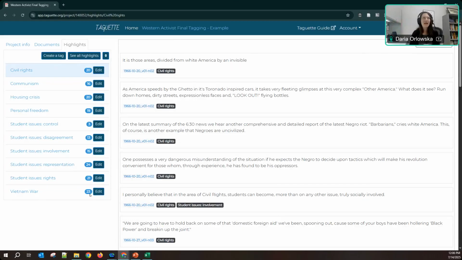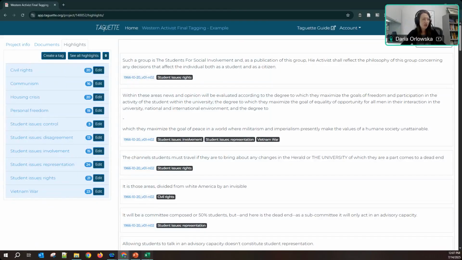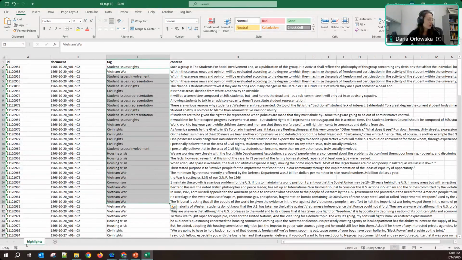Maybe you tagged a bunch of things, but you're only interested in one tag type. But this is the way that I would select all the highlights and export all of them, and then you can just delete something, split it off into sheets, or sort it. That way you don't have to worry about the rest of the highlights. That would be my preference.